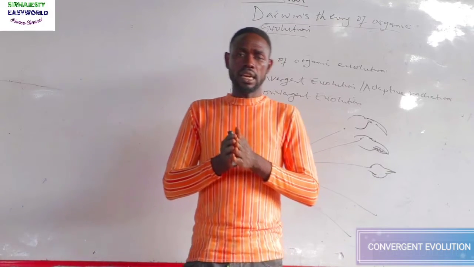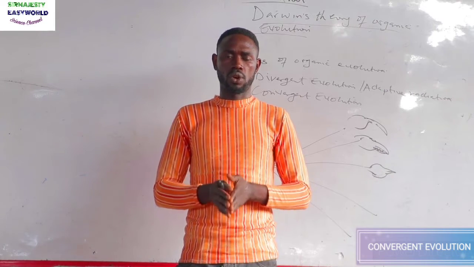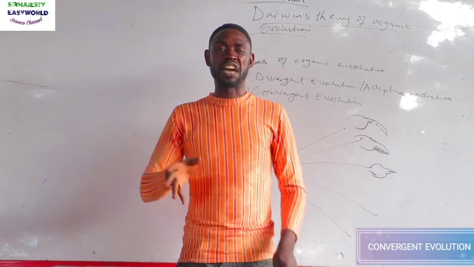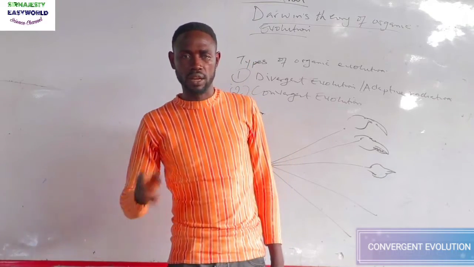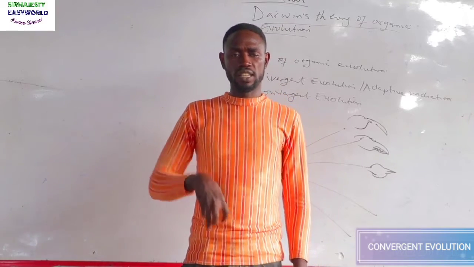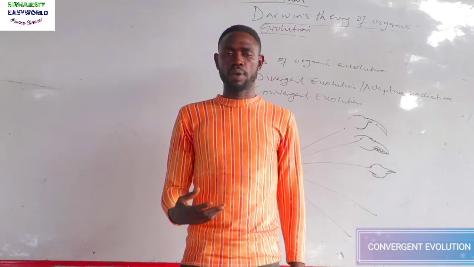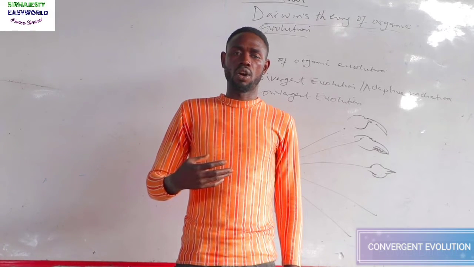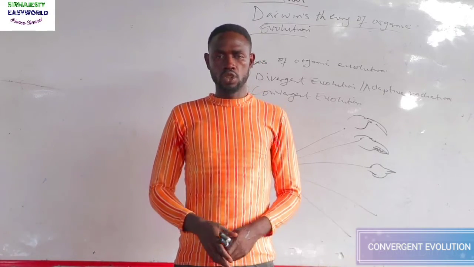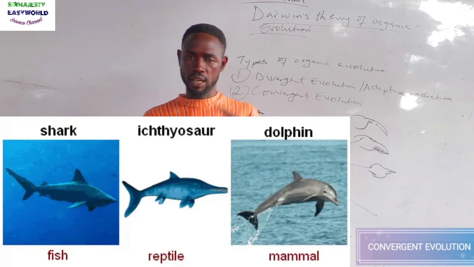Then if you see two sisters, one is fair and tall, then the other one is short, but they have the same father and mother. That is a typical example of divergent evolution. They are looking as if they are not of the same source, but they came from the same parent. So in convergent evolution, I repeat, it's just the development of superficially similar structures by organisms that share unrelated ancestral species. So good examples are fins of fish and flippers of whale.